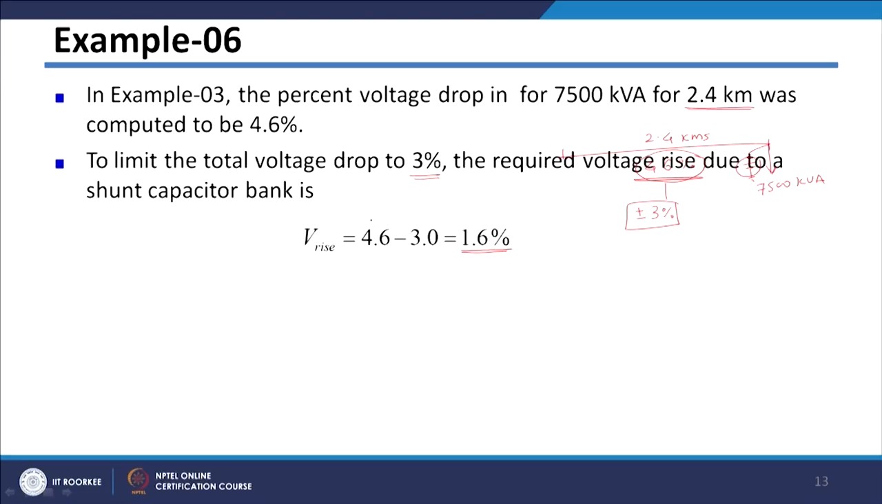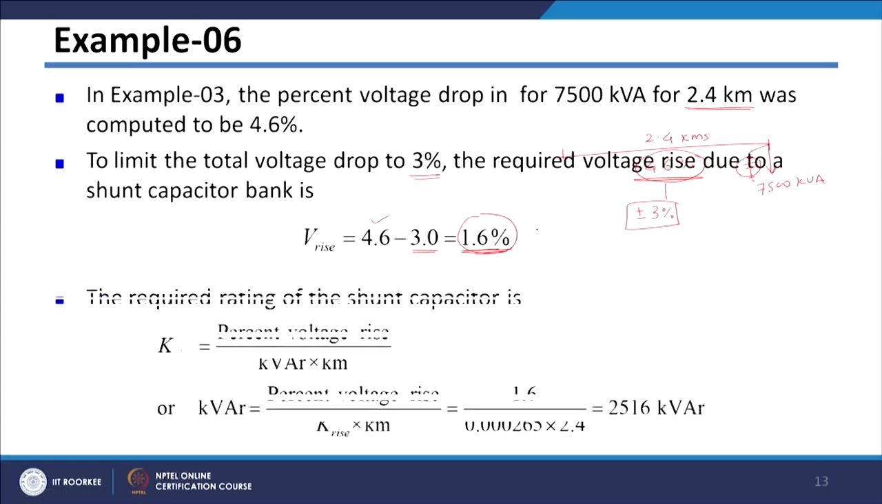So 4.6% is the actual drop, and we want to improve it to 3%, then the total improvement in voltage is 1.6%. To improve this voltage, we would like to calculate the rating of the capacitor which will improve the voltage by 1.6%. The required rating of the shunt capacitor is, then, we know that K rise factor is percent voltage rise